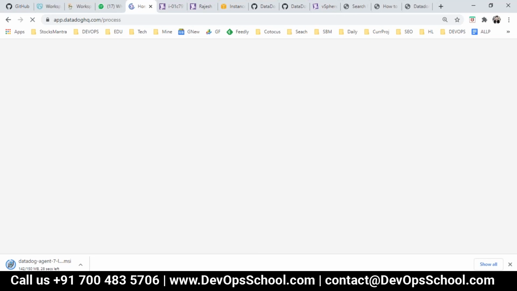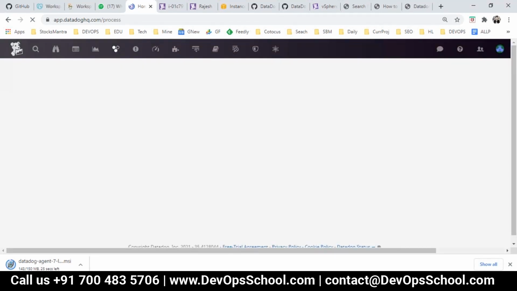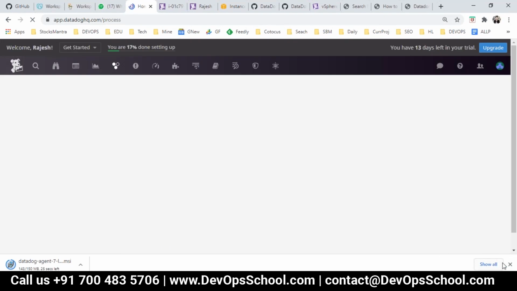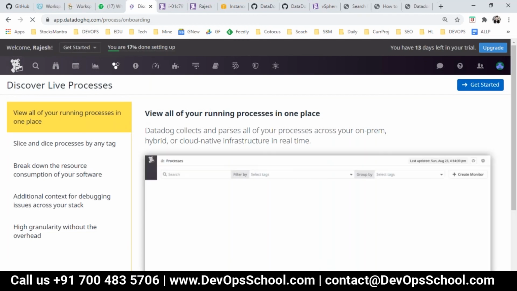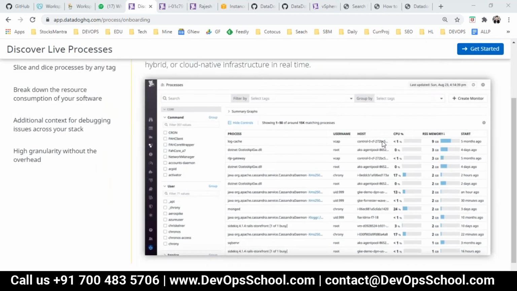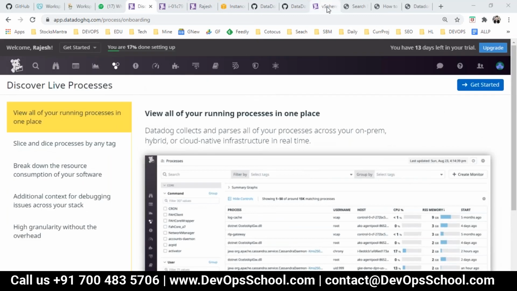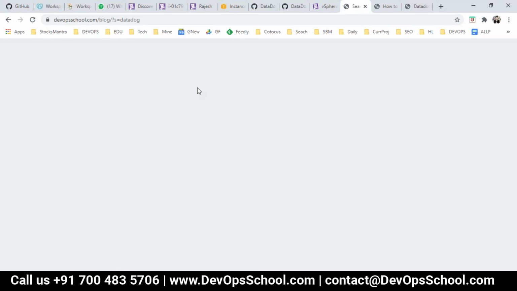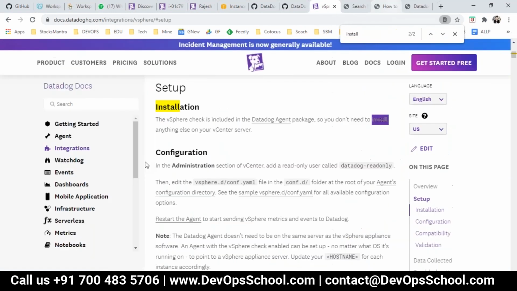So this is the way you can monitor the process. Now it has not come, just wait for it. It will get updated automatically. Something like this, you will get a page, the one which I'm showing you here.